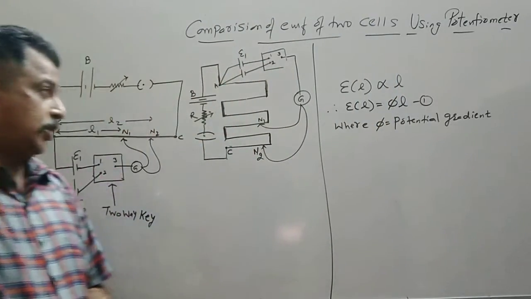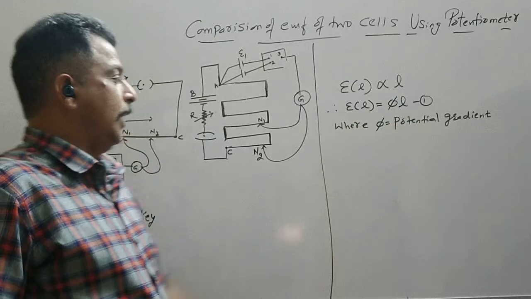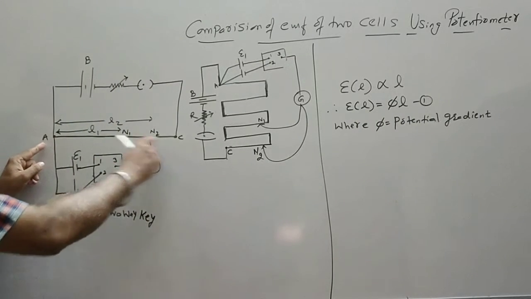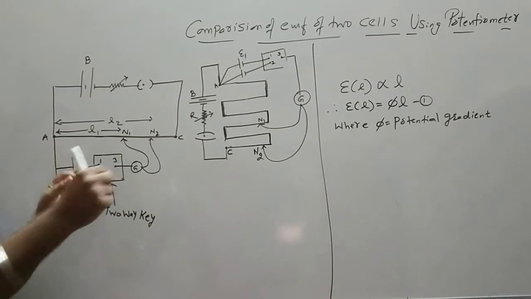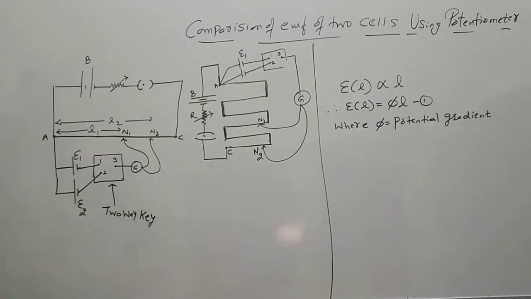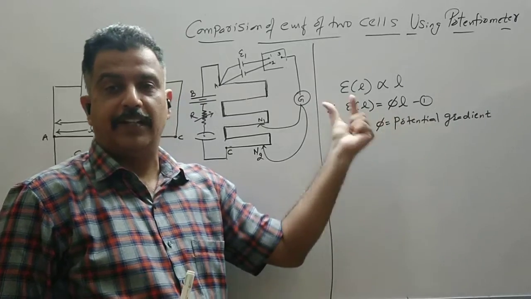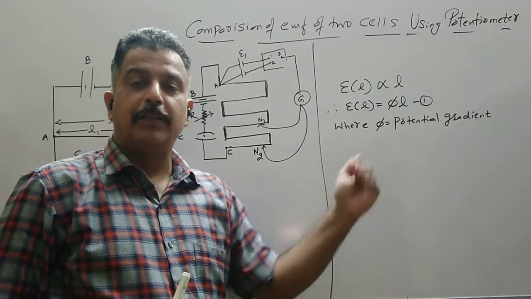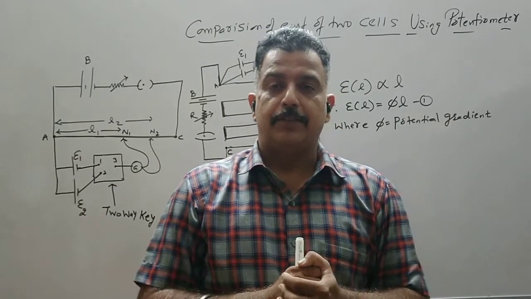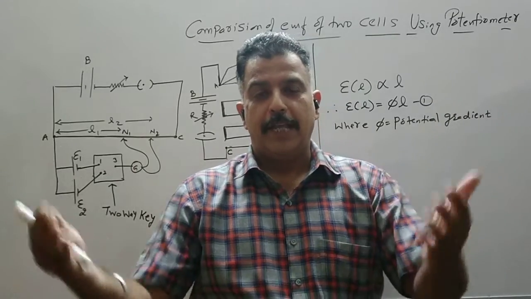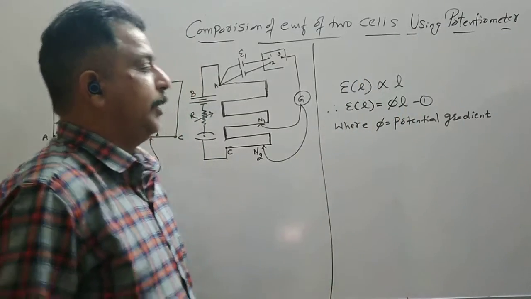Then we did the construction or the arrangement of a potentiometer, where we arrived at the conclusion that on this wire you can get a varying potential difference, and therefore we arrived at the principle of a potential gradient, which is potential per unit length. The unit was volt per meter. So for each meter of wire we get a potential difference between the 2 points. So if we have L meter of length of the wire, we multiply it by phi. So phi was the potential gradient.